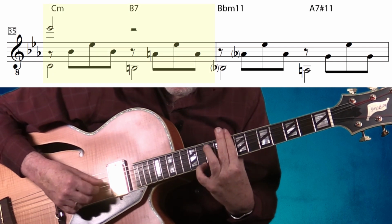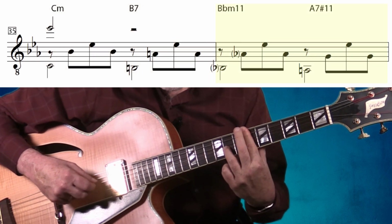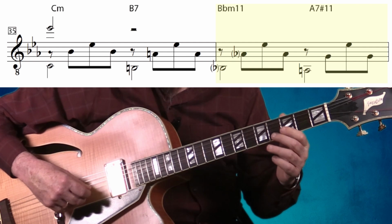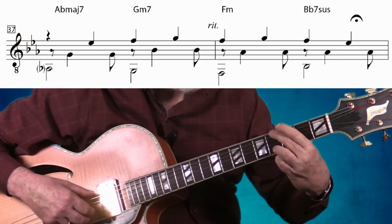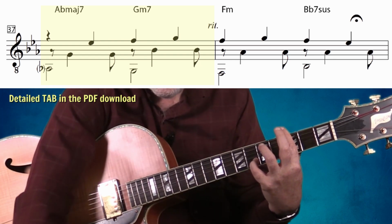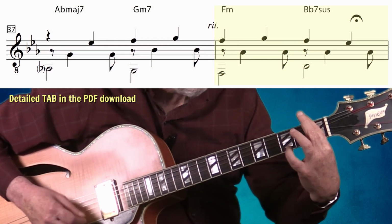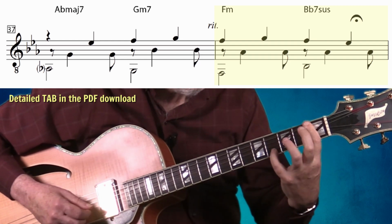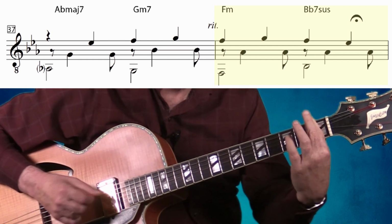This is a C minor, B7, B flat minor with an 11, and A7 flat 5 or sharp 11, which takes us to the A flat major 7, going to G minor, and F minor to B flat 7, actually that's more like B flat 7 sus4, F,